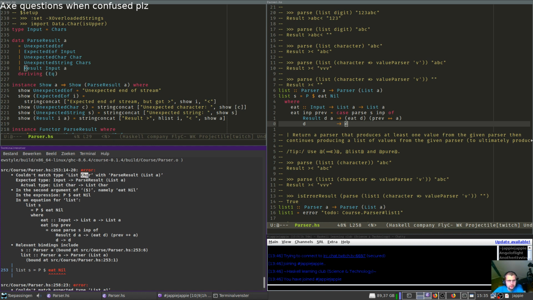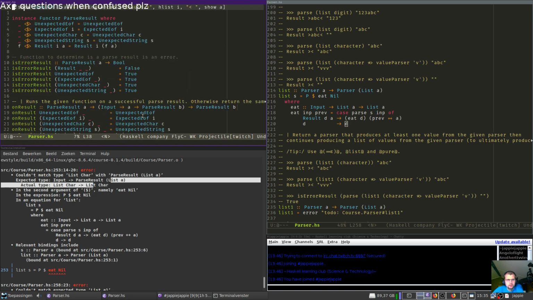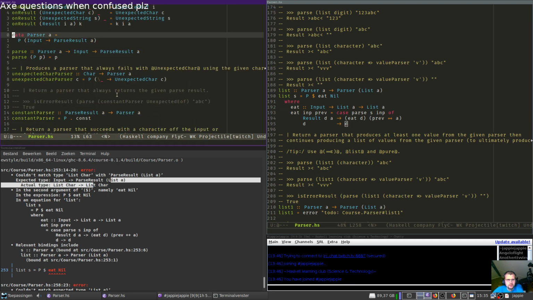How did you even get to car? Char? Parse result list A. Expected type: input to parse result list A. Actual type: list char, list char. Did I flip it again? Keep flipping it.